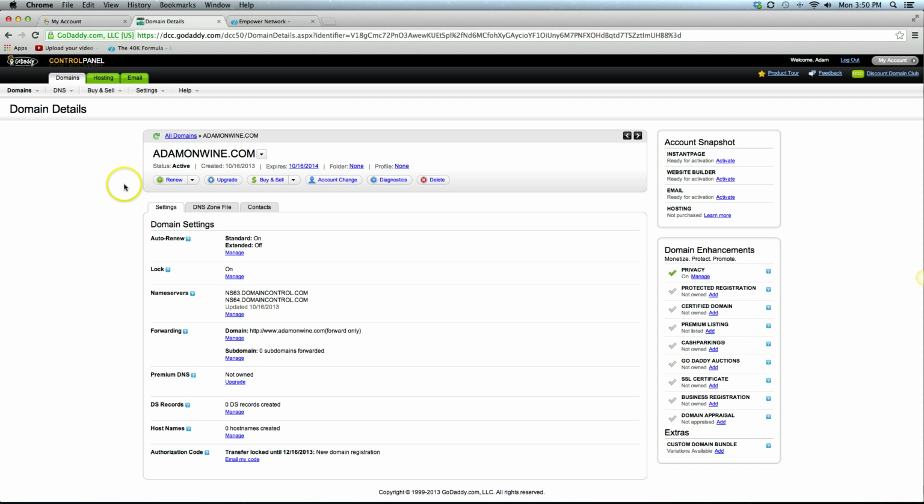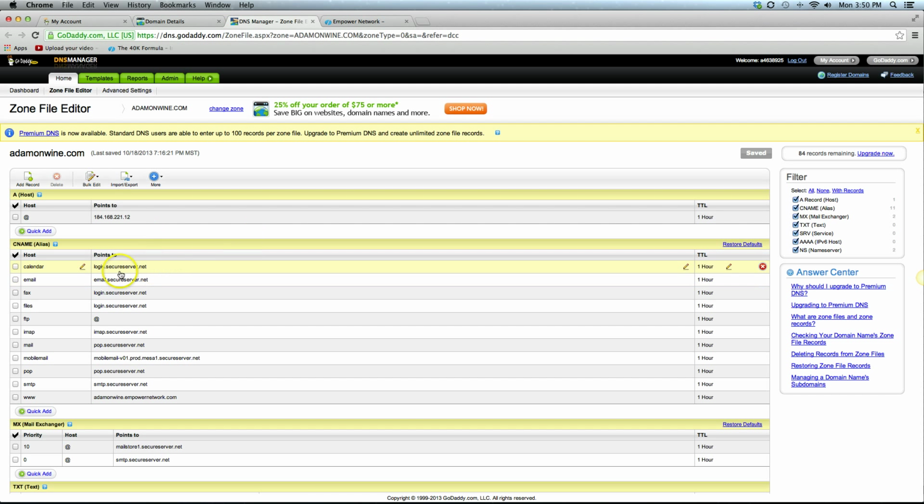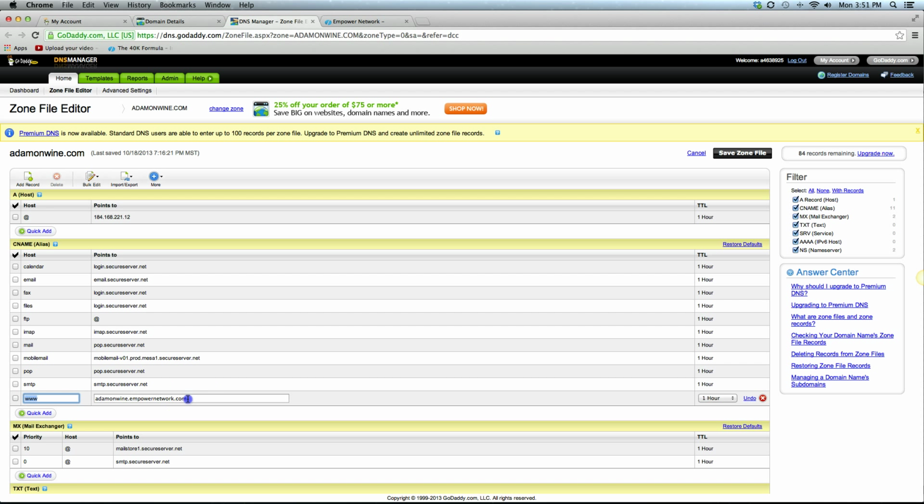Here I am in adamonwine.com, and we're going to click into this DNS zone file. Once we're in there, we're going to click Edit. And again, not difficult, it's just a few simple steps. And once we're in the Edit section here, what we're going to do is we're going to go down to the www under the CNAME aliases, and then simply all you need to do is paste on the right side